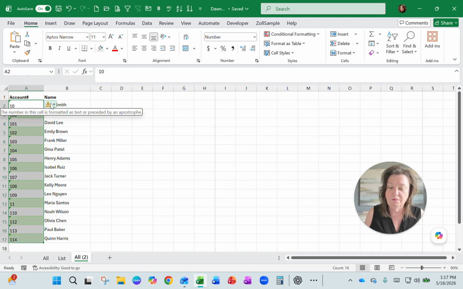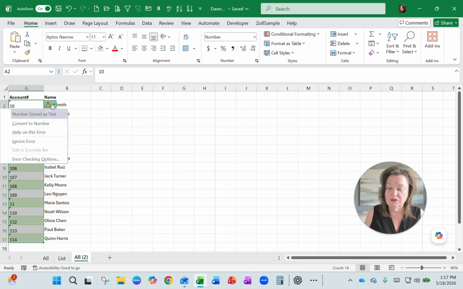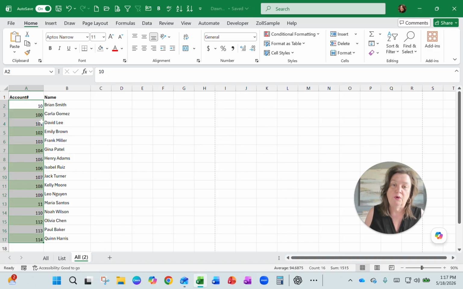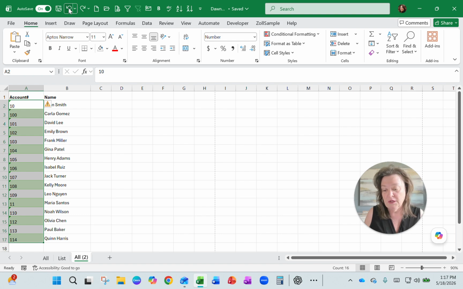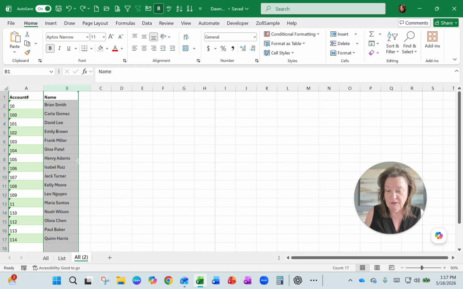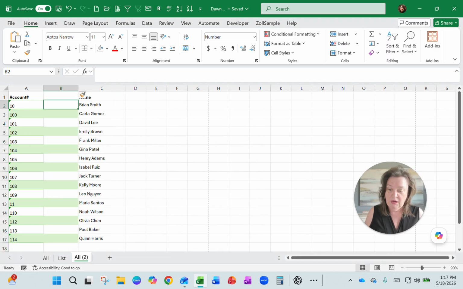Now, the easy method would be to go ahead and, if you see the sign there, just convert to number. Boom, done. That would be easy. I'm going to undo because sometimes life just doesn't present those things to you, does it? So what I would do in this case is to make myself a helper column. Insert a helper column. And I will use the value